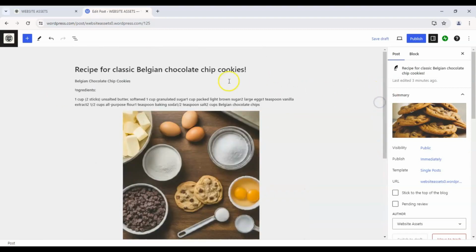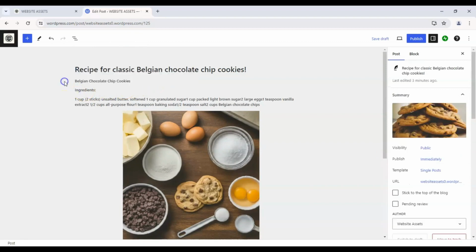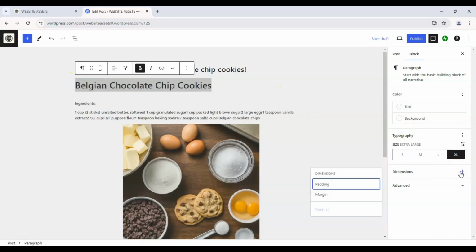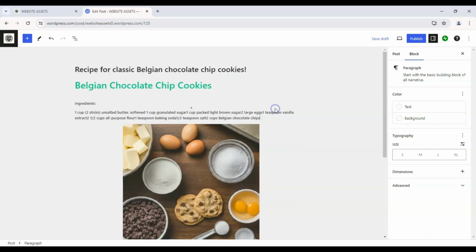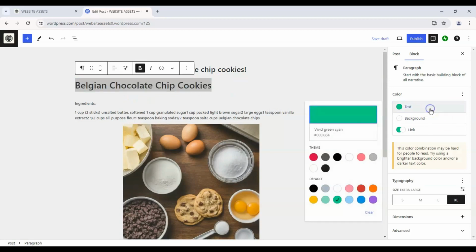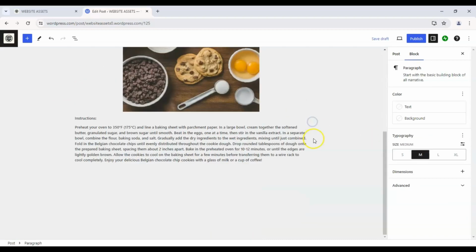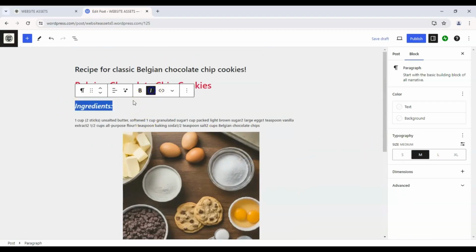But first, let's get started with adjusting text size and appearance. Okay, so we've made this one bold, but we could also make them large. We can change the color to something cool like green, but it makes it a bit hard to read, so let's change it to red. Oops, there, and that makes it easier to read. Let's change the size of this and this to medium,